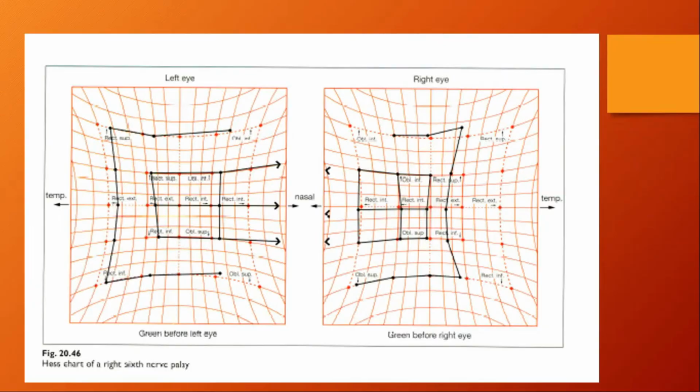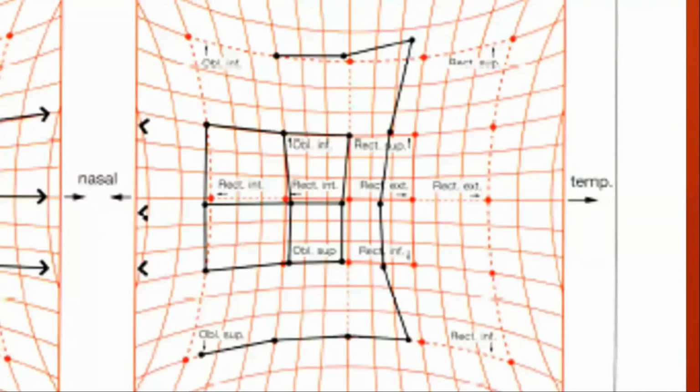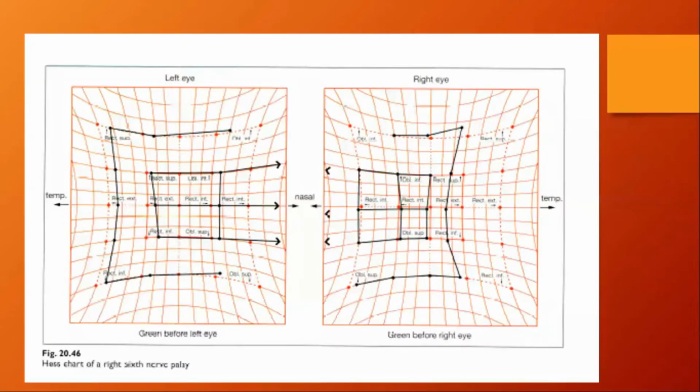And for how many degrees? You can count the number of small squares. We have 3 squares here. So 15 degrees. 15 degrees, excellent. Now, this is called the charting of the right eye. It means that the right eye is not the fixating eye, and it means that the right eye is the squinting eye.